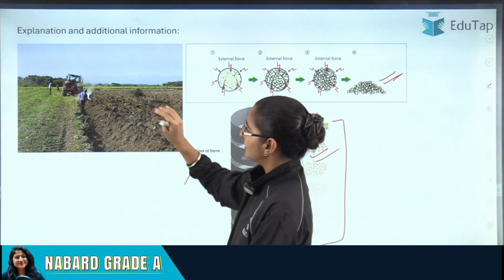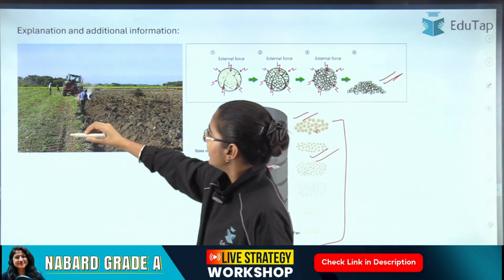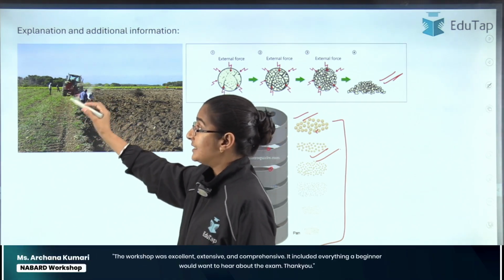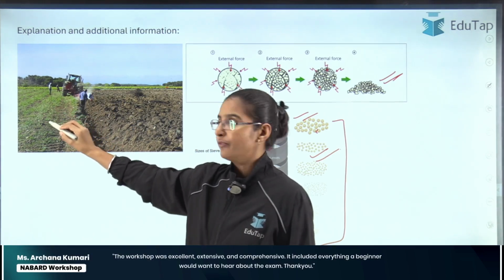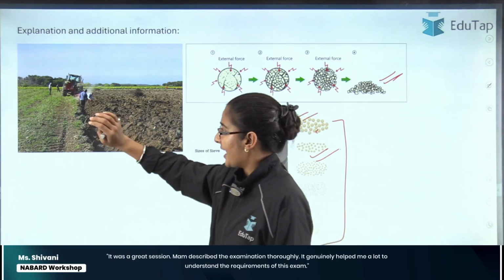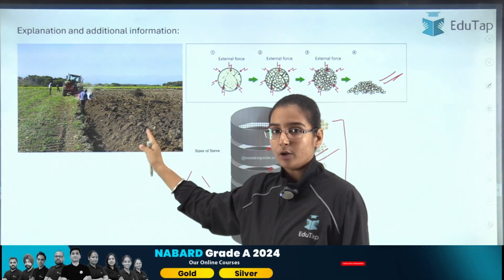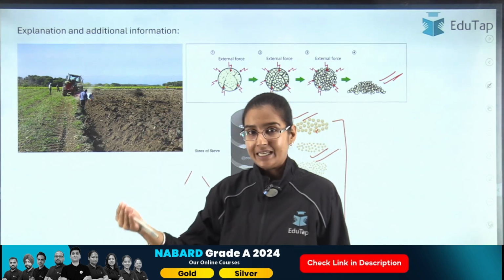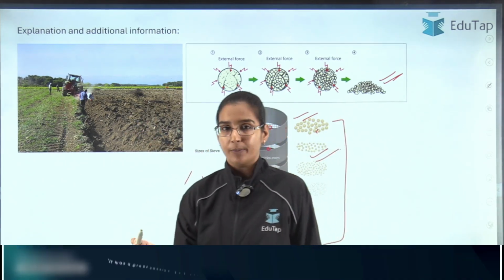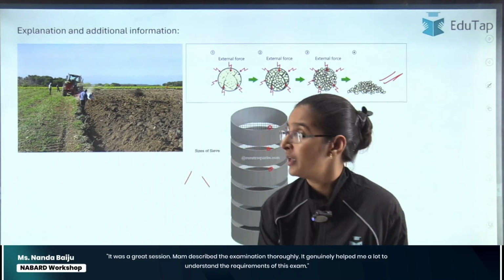So here you can see in this field, I have taken both the scenarios. This side of the field shows us the number of weeds before the plowing was done. A similar situation must have been there for this part as well, right? As we are able to see weeds in this part, before plowing there must have been weeds in this part also. So that is the number of weeds seen before plowing, and this is the number of weeds seen after plowing. When we take the ratio of these two parts, we get soil inversion.